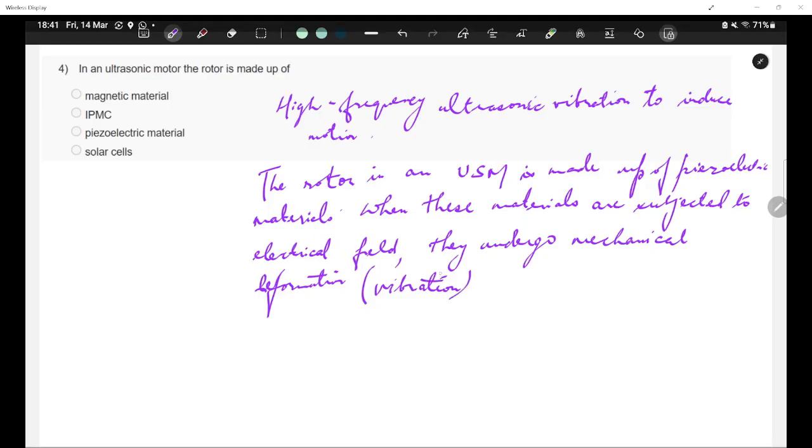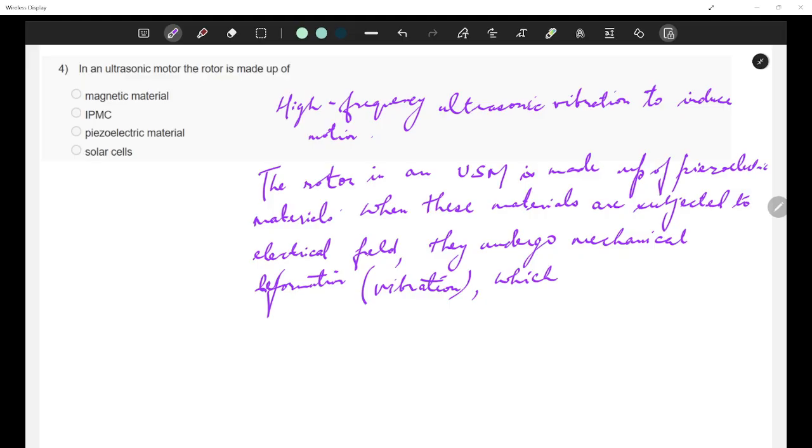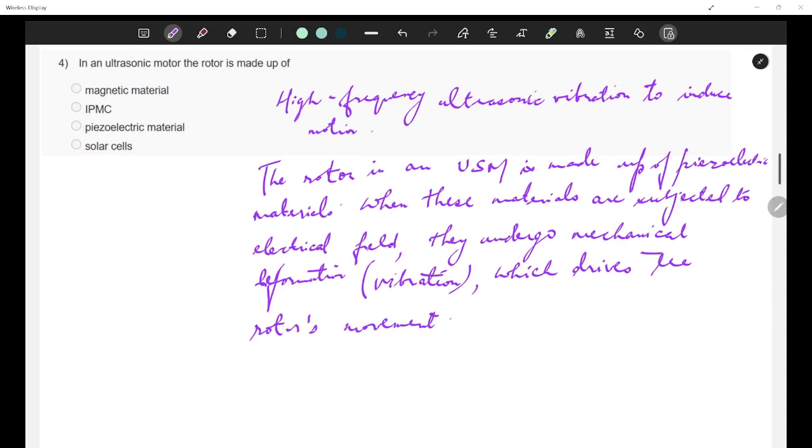Okay, this actually drives the rotor, so the rotor's movement basically. Okay, so these piezoelectric materials are responsible to drive the rotor.